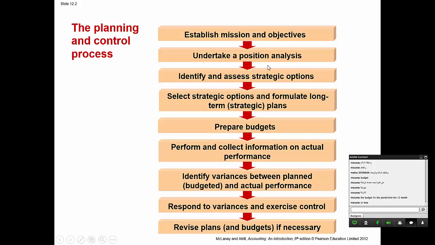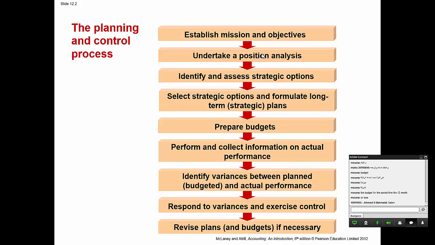And for each plan, we then prepare the budget. That means for the sales plan, we prepare the budget that helps us to complete this plan, to achieve the financial objectives related to sales. That means here we have different budgets. We have a sales budget, a production budget, a marketing budget, and so on. Each part of the business has its own budget.